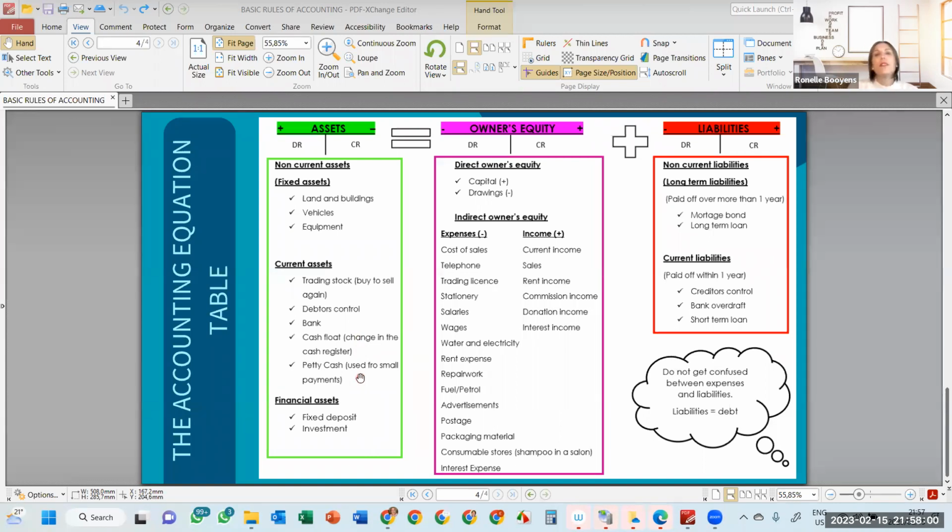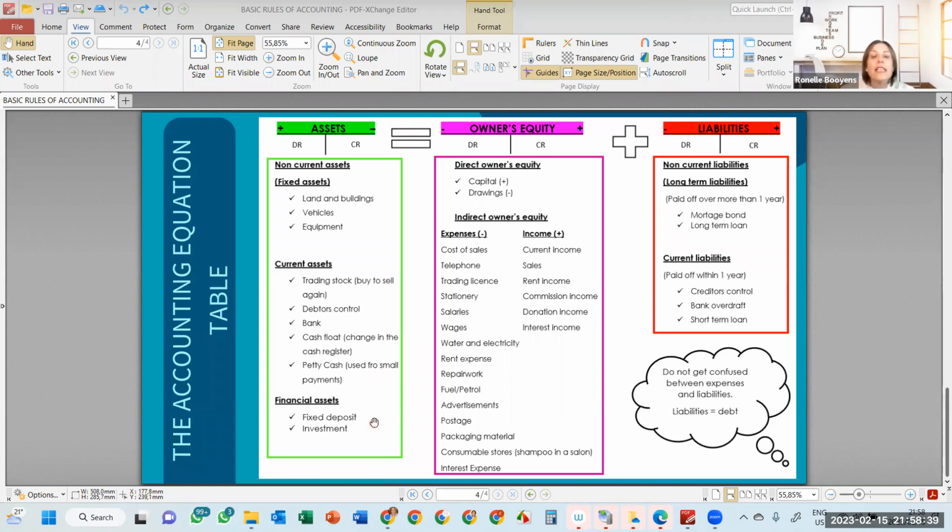So when it's somebody's birthday and we quickly want to run over to the home industry to buy a cake, or it's tea time and now we realize there's no milk, and we quickly send somebody over to Spar or Pick n Pay to buy a liter of milk. Those small payments that we might not necessarily use the business's bank card for are paid out of the petty cash. In grade 10, you learn how to restore the petty cash journal and how everything works. But for now, you just need to know that petty cash is the small money that we keep in a container in the store or in the shop or at the business.